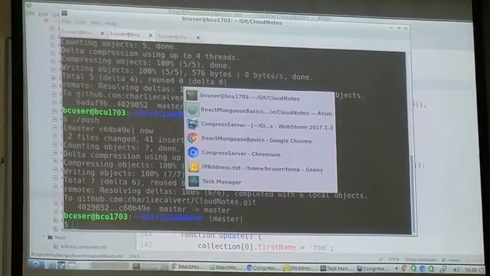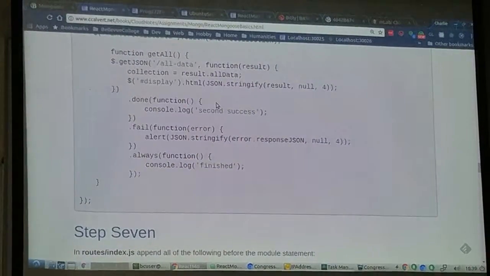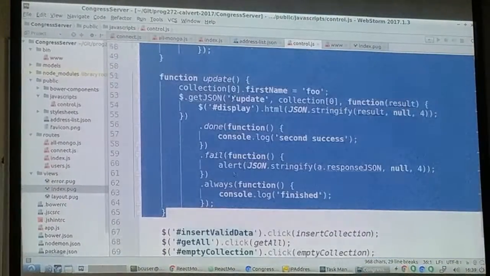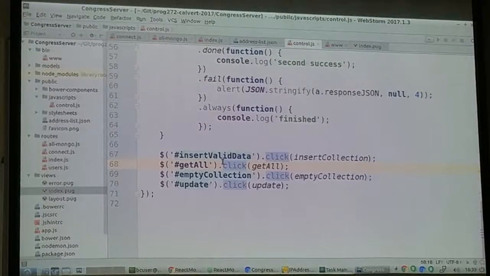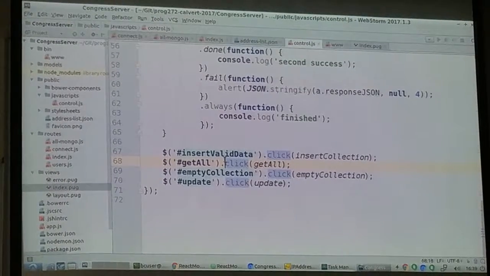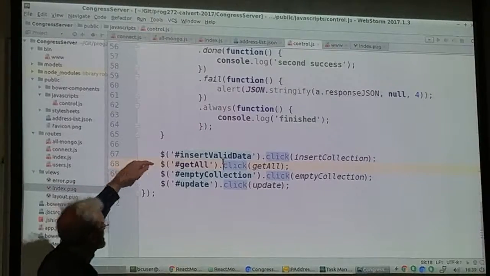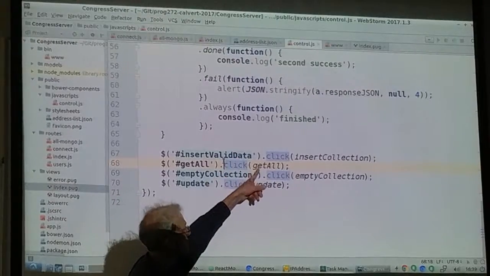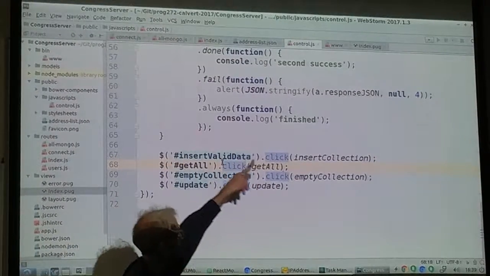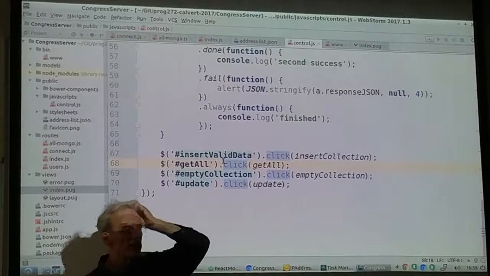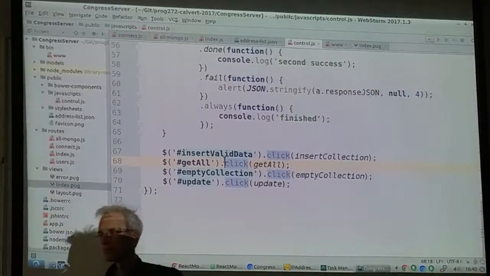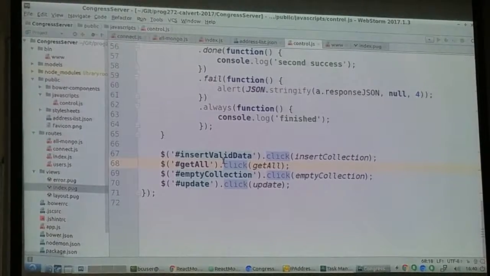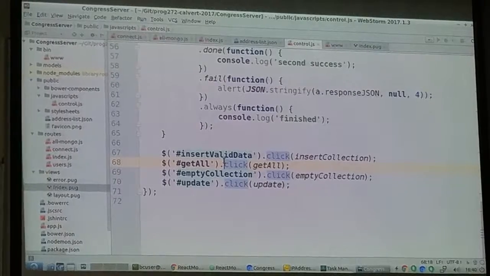Fill.js is where we're going to have the function. Okay, so I think you can see, and then this finds the button. And this says, when the button is clicked, call the get all method. When the button is clicked, call the insert collection. When the button is clicked, right? And this is,